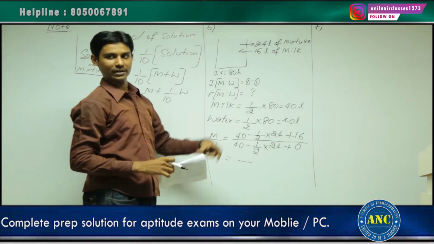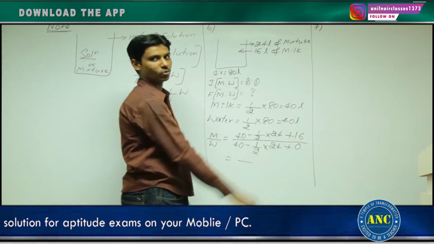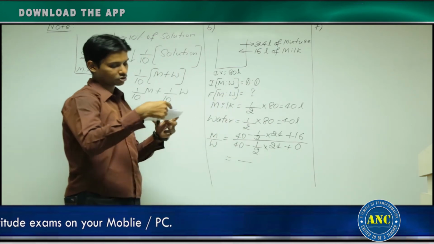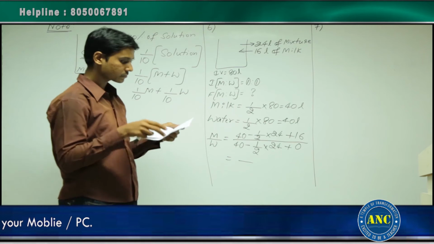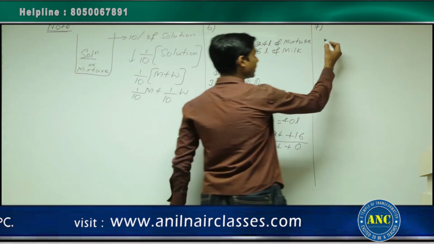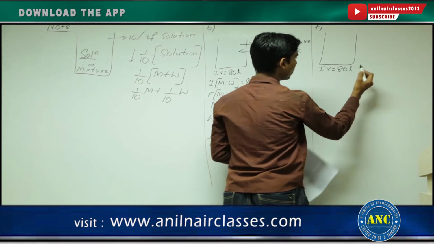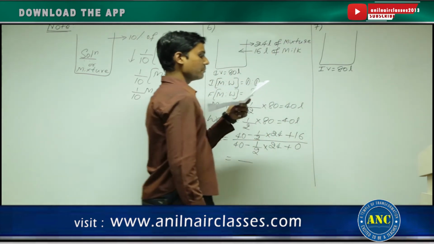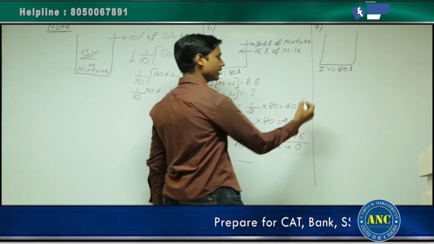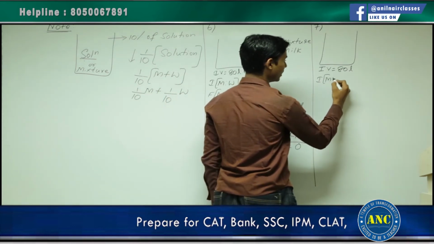Only the ratio is different. That is the reason I discussed initially for 1:1, right? Please see the seventh question. Your seventh question says, in a mixture of 80 liters, initial volume is 80 liters. Milk and water are in the ratio 7:3. Initial ratio of milk and water is